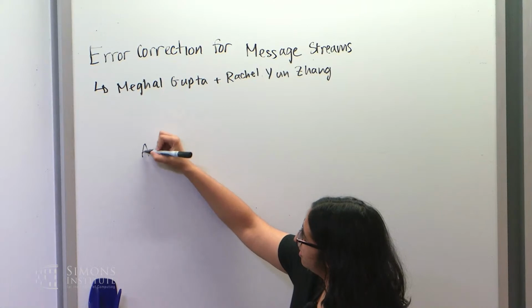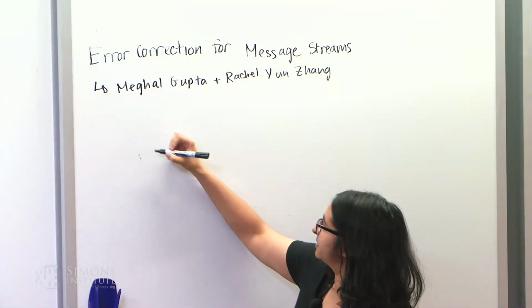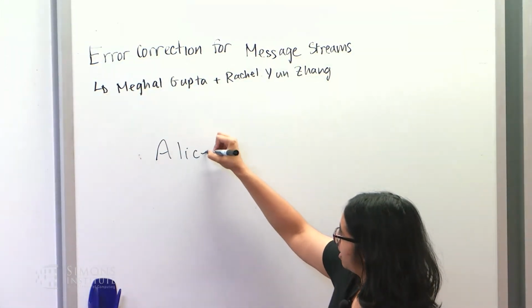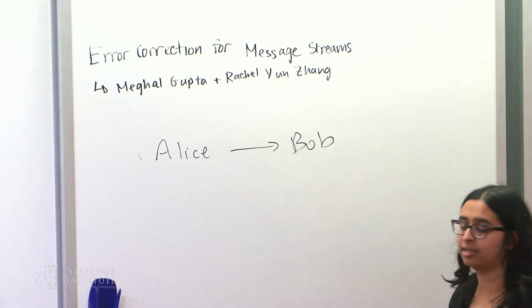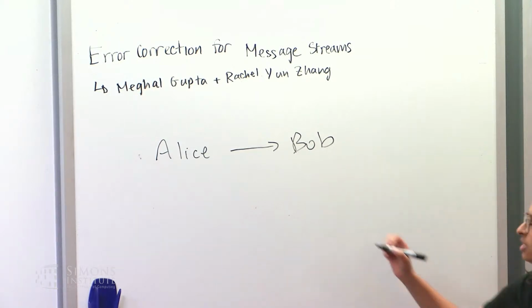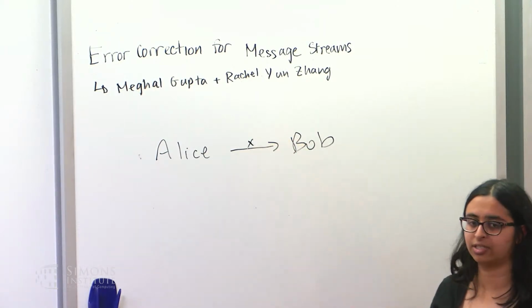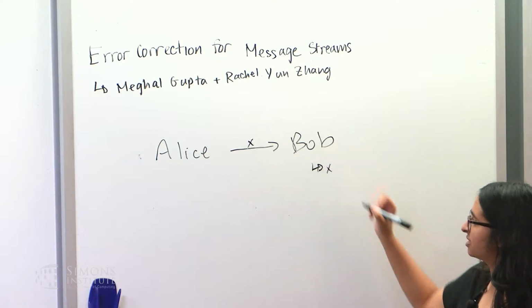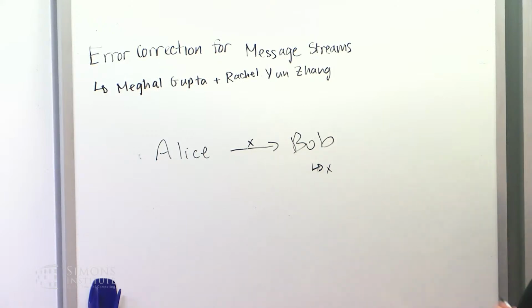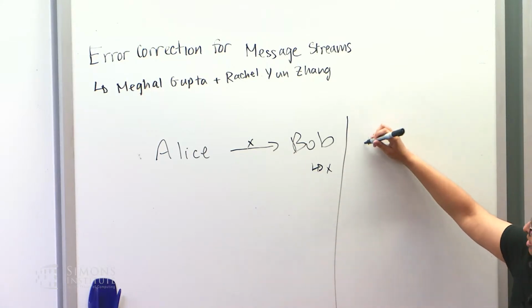In the standard setting of communication, Alice has a message X that she wants to send to Bob, and then Bob wants to output X, and that means that he's received the message. So in the streaming analog of communication,